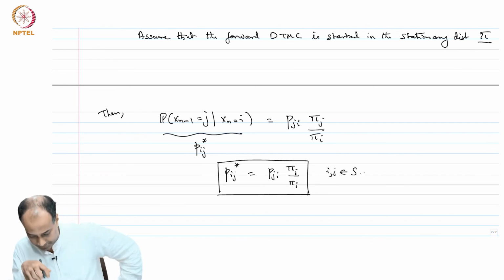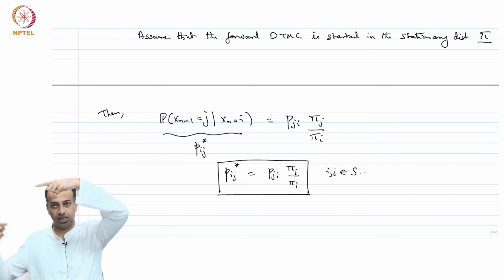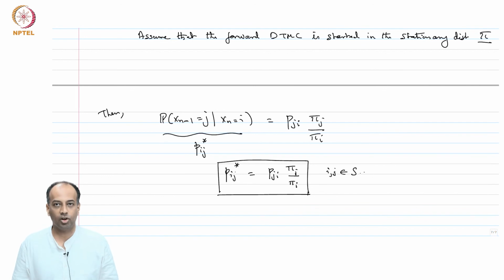So, what have we said so far? The forward Markov chain is running. If you look at the reverse process, it also has the Markov property, that is what the equation star above says. However, the reverse Markov chain has the slightly unfortunate property that it can be inhomogeneous even when the forward Markov chain is homogeneous. However, if you assume that the forward Markov chain has a stationary distribution and that it is started in the stationary distribution, then the reverse Markov chain is also homogeneous, with the transition probabilities given by this equation.